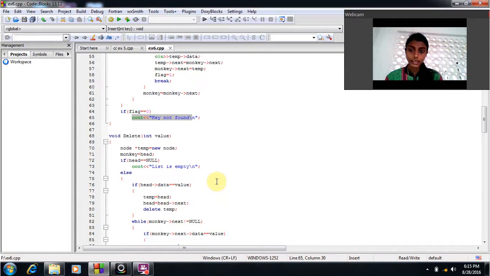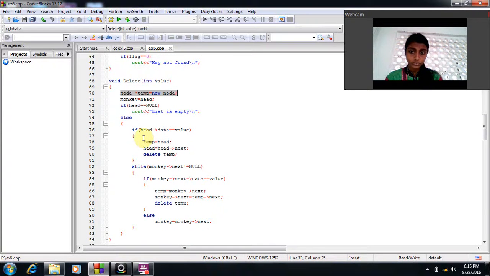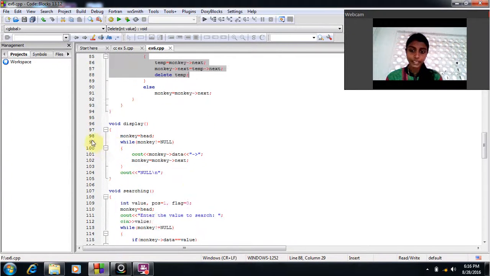Then the next thing is deletion. Here also I ask the user in the main function to enter the value, so that value comes here, and we have to create a new node. If only one value is there, we use this to delete that temp node. Otherwise, if monkey to next is not equal to null, that means if there is more than one element, this condition is used to delete that node. And here, display node,